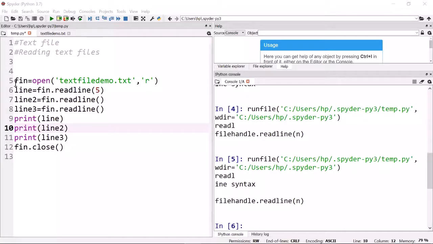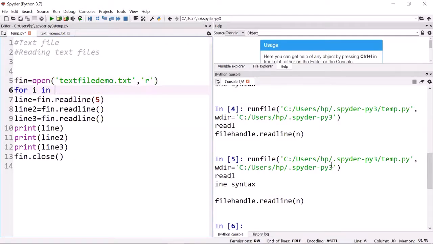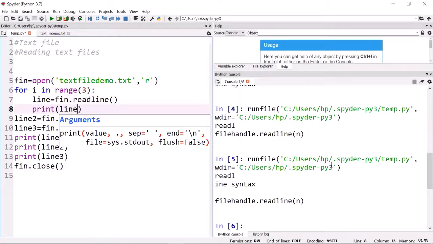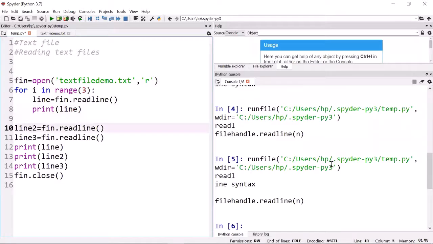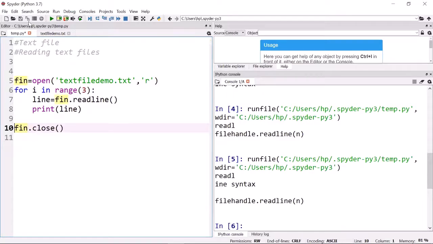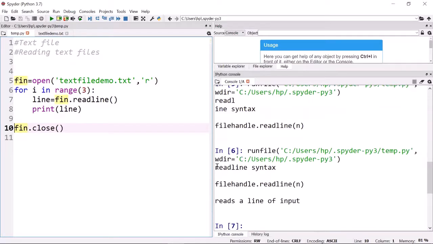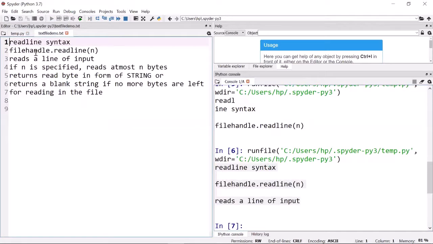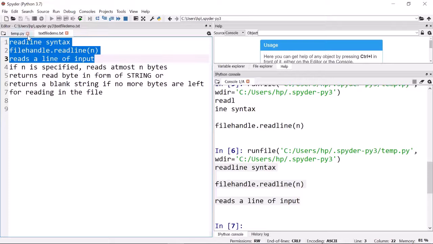So let us do one program to display the first 3 lines of our text file. We want to display the first 3 lines. So we need a loop which runs 3 times. We can read an entire line and display this line. Let us remove all this. So let us just run this program. Please have a look. The first 3 lines from the file are here with us. You can see the contents of the file. The first 3 lines are printed.